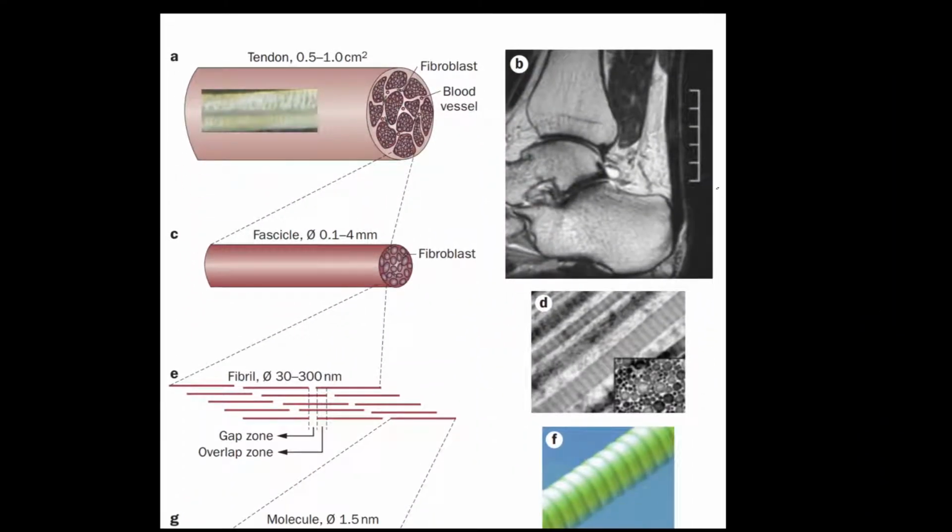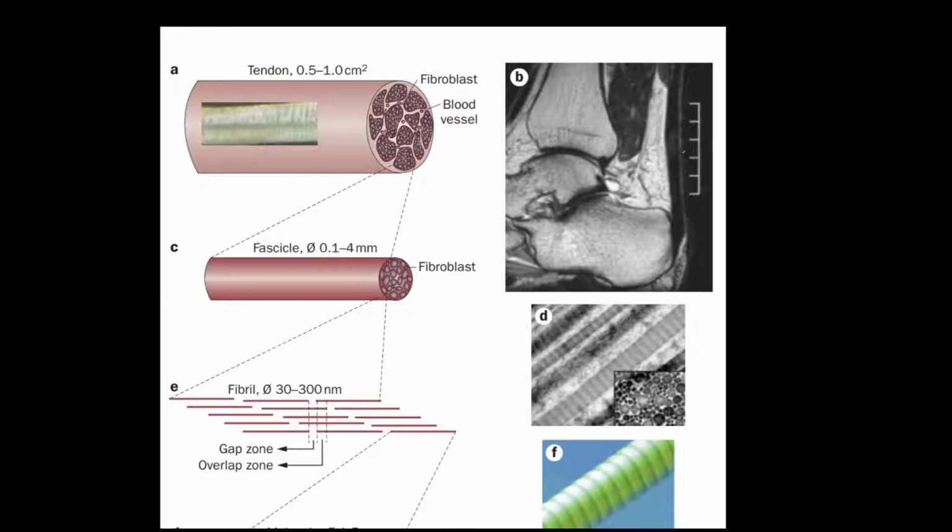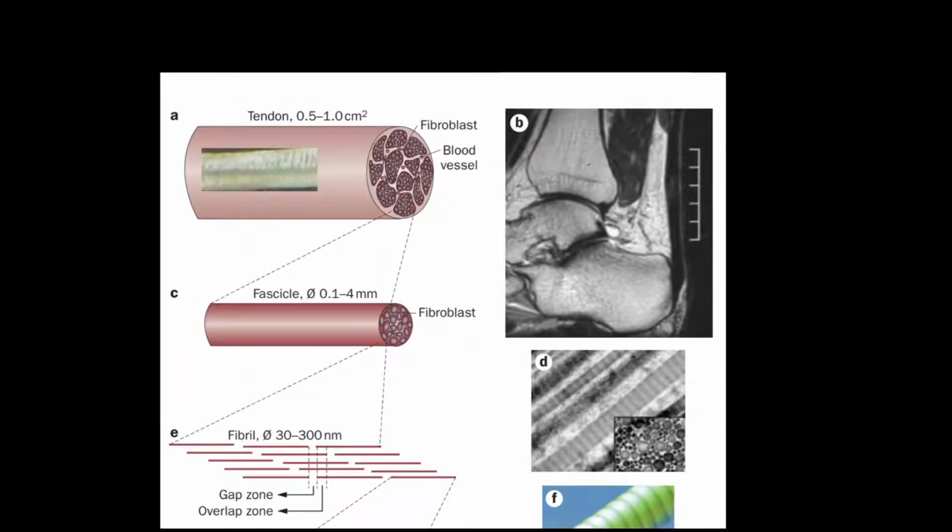Another nice view of the microstructure of tendon comes from this figure, which I got from a paper published last year. So in case you haven't really gotten great at spotting medical image stuff, we're looking at a sagittal plane slice of the ankle. So here's the calcaneus, here's the talus, here's the tibia going up like this, and so the Achilles tendon is right here. You'll find that people, including me, use the Achilles tendon as a great example because it's very big and it's very easy to look at what it's doing. And it's also commonly injured, so there's a lot of data on what happens at the cellular level